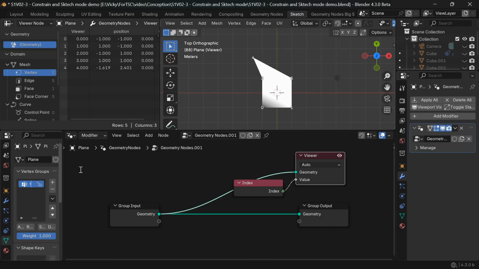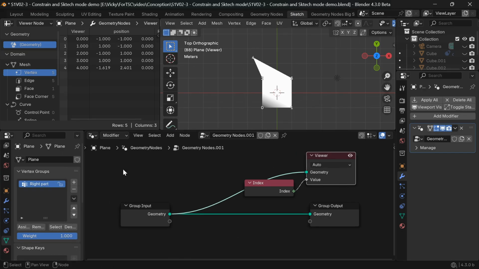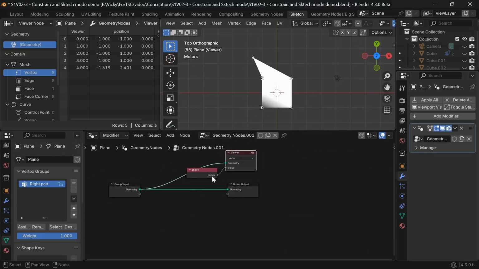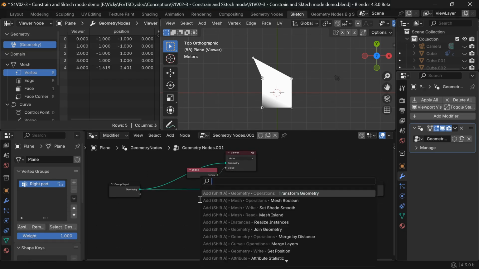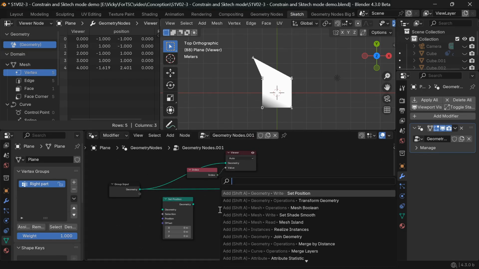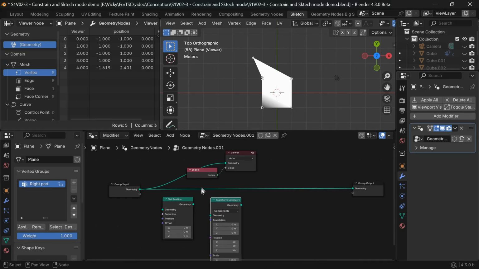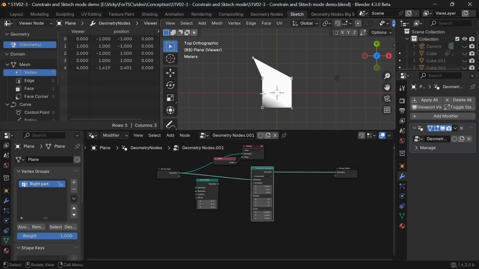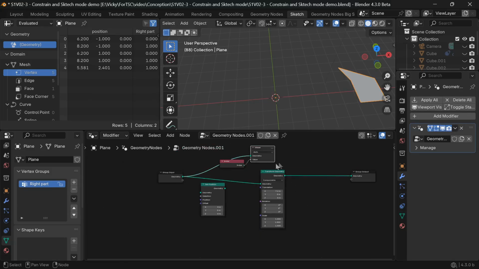For now, we see two ways to move elements in geometry nodes: the set position and transform geometry nodes. One takes a field input and the other a simple value input. It means in one, all the geometry is moved, and in the other, only a selection may move. By default, all is selected.